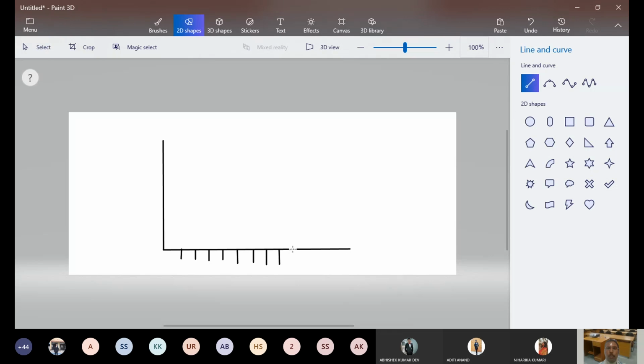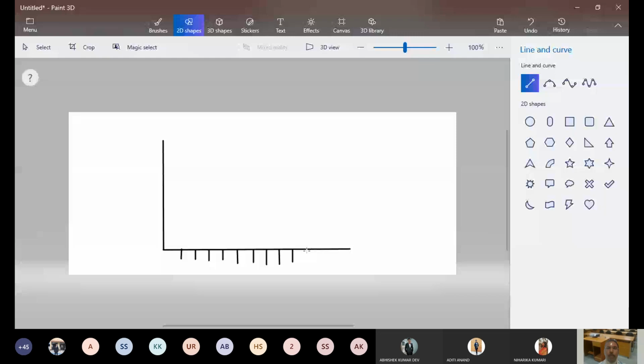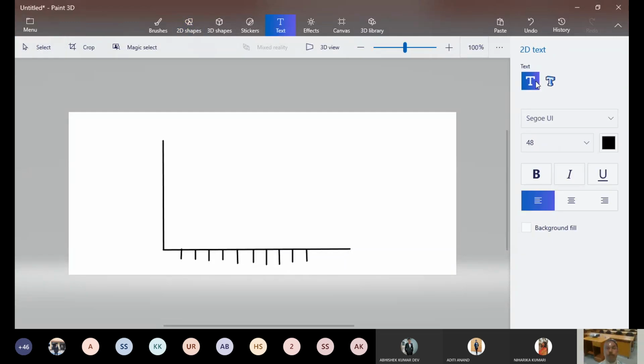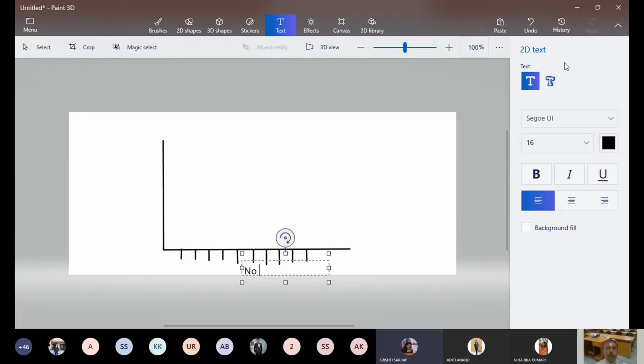Two more and we are done. They are all, of course, the gap between them will be equal. If you have a graph paper, they automatically give you equal. So you just have to write here. What do we write here? Anyone? Variables, number of labors, correct. So this is number of labors. And of course, this is 1, 2, 3, 4, 5, 6, 7, 8, 9, 10.